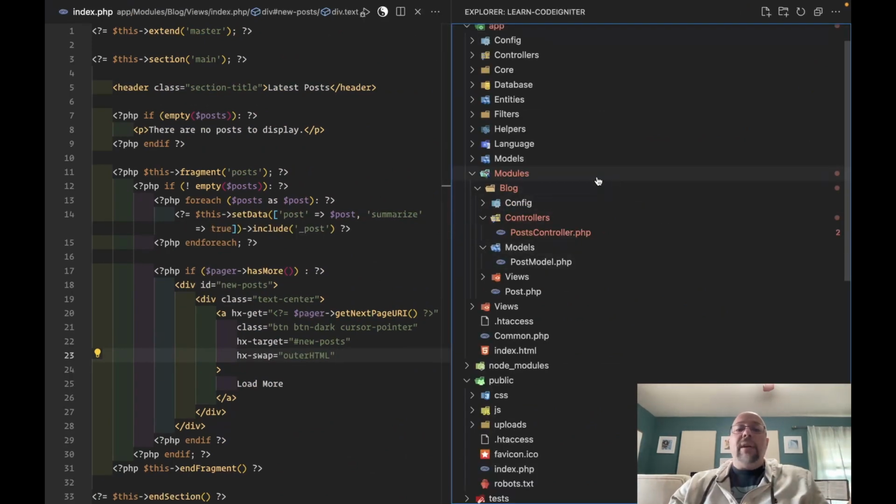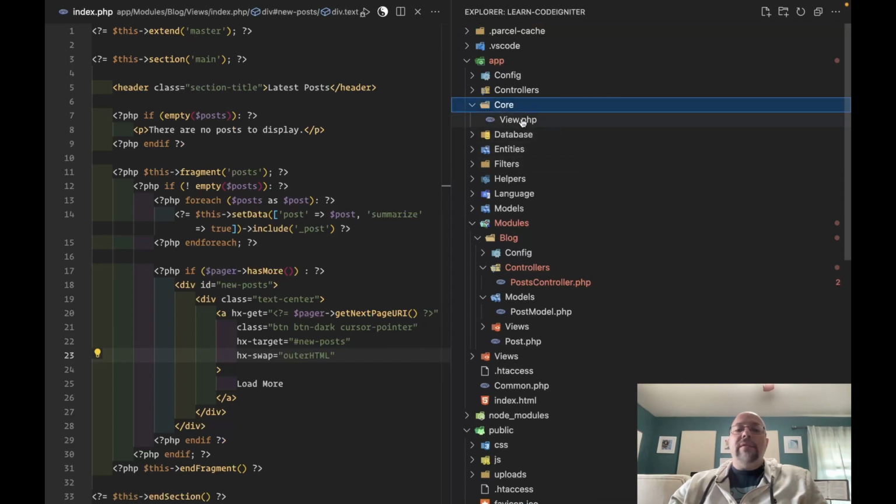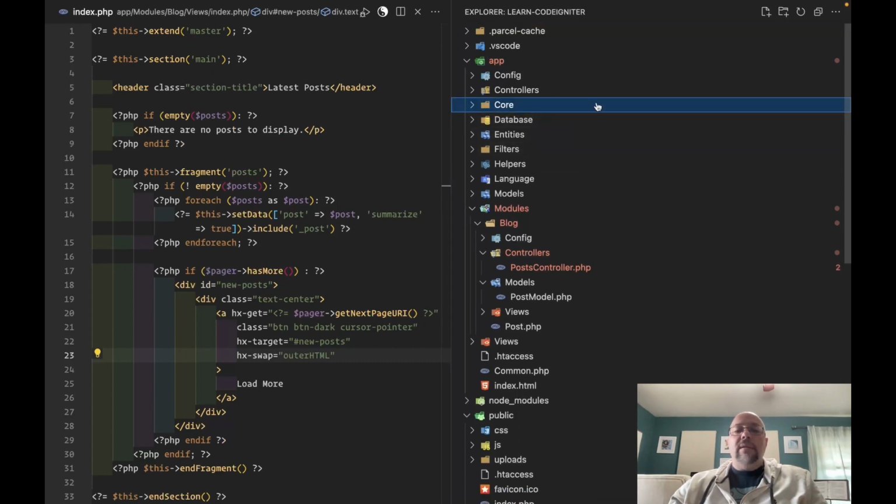Again, Bonfire uses a modules concept. If I wasn't using Bonfire, I would just be using straight controllers. I added this core directory here. That's just for my overridden view class for the view fragment, so we can probably ignore that. Other than that,